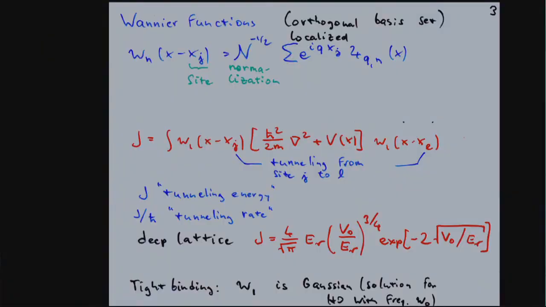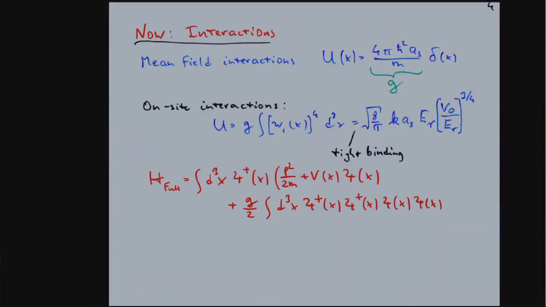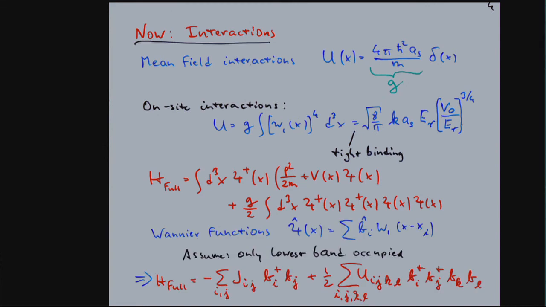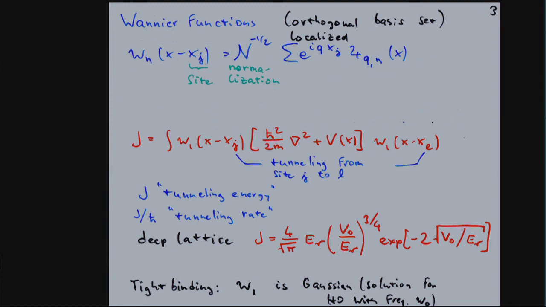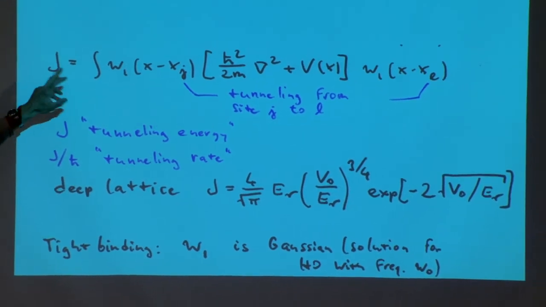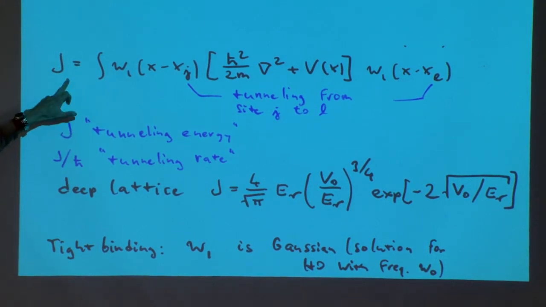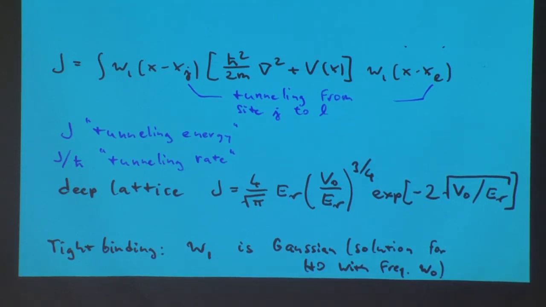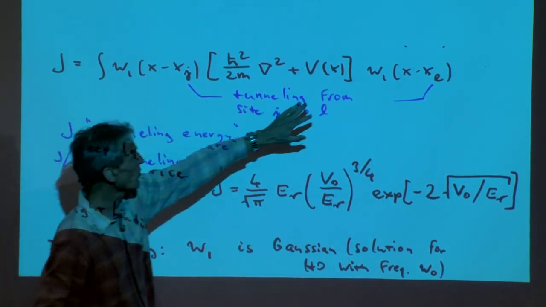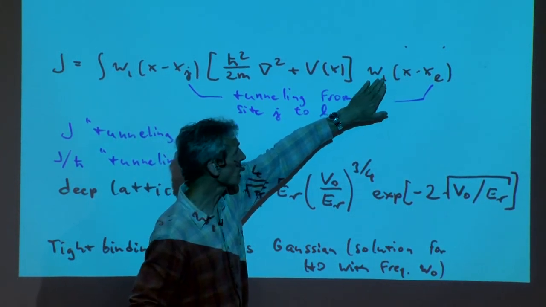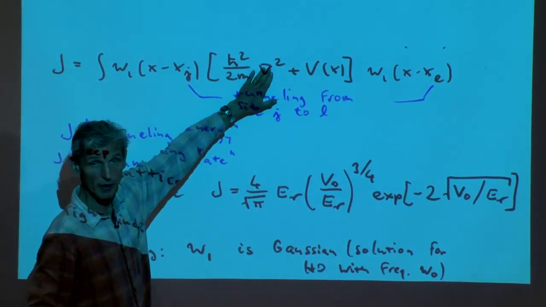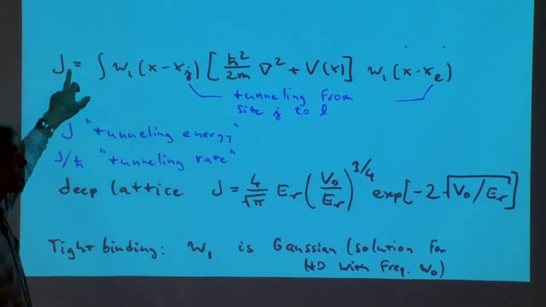Give me one more slide. No, what I should have done is that J has an index here. I just didn't want to overload it with indices. This is sort of just telling you what J is in its simplest form. It is loaded with indices, and I will show you in a moment where those indices come in. I just wanted to give you the idea that we want to have Wannier functions. We hop from one Wannier function to the other one, and the operator is the Hamiltonian. And therefore, there should be an index,